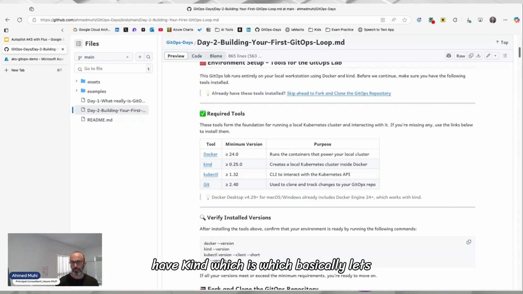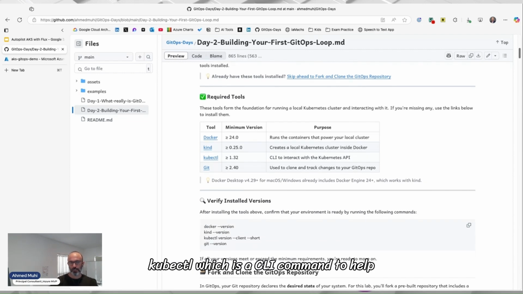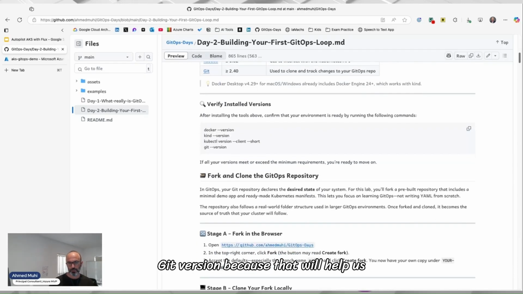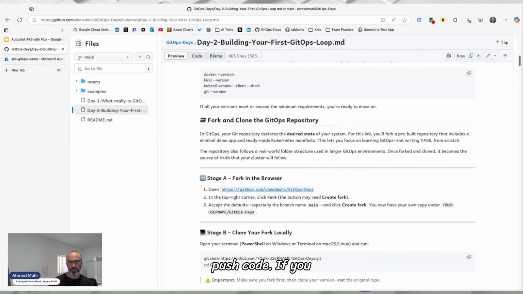We need to have kind, which basically lets you run a Kubernetes cluster locally on your machine within a Docker container. We need to have kubectl, which is a CLI command to help you interact with the Kubernetes API, and of course Git, because that will help us push code.